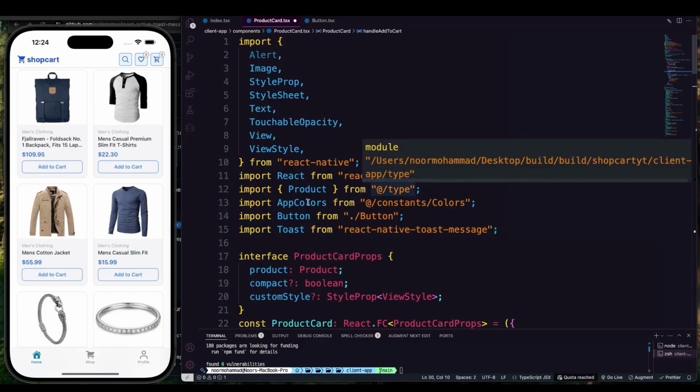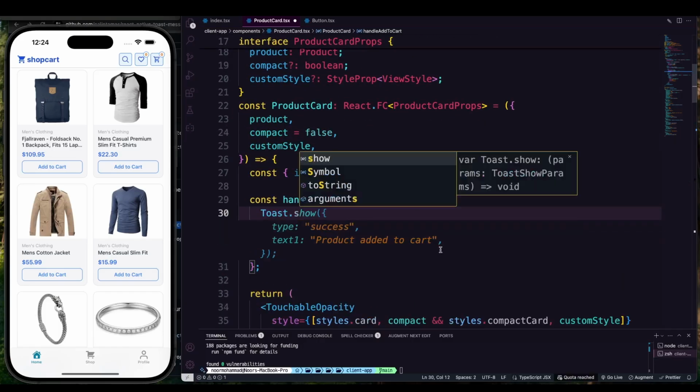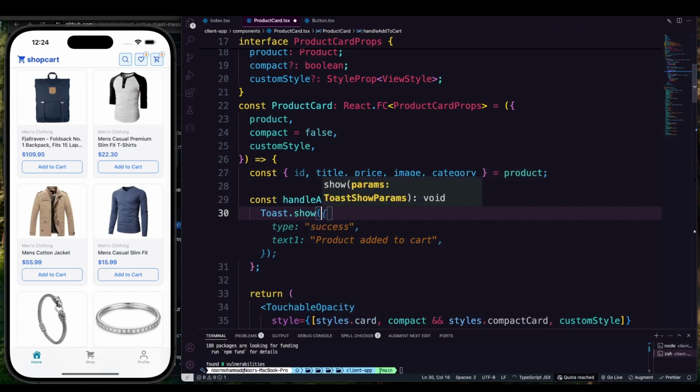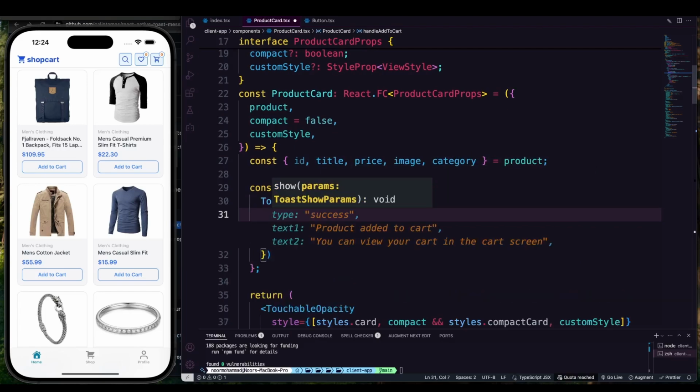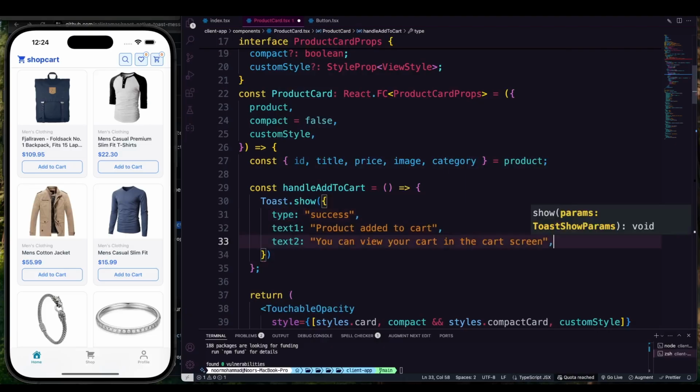As you can see, it just imported from React Native Toast Message, and we need to provide that toast.show, and that would be a function, and within the function we're gonna pass the object. So first we need to define our type. So type should be, let's say, success, and text1 should be the title, product added to cart, and text2 should